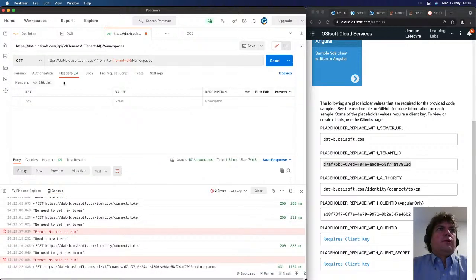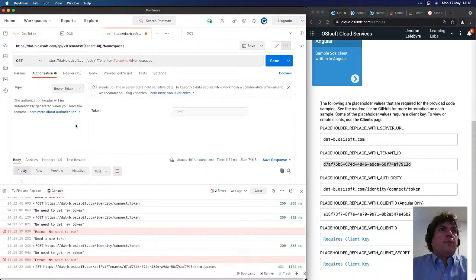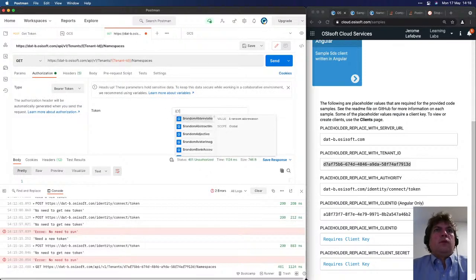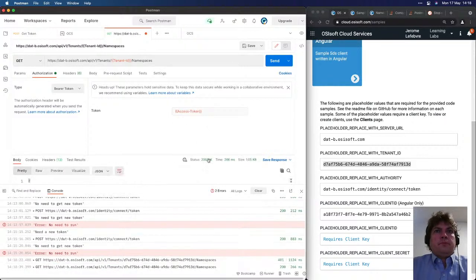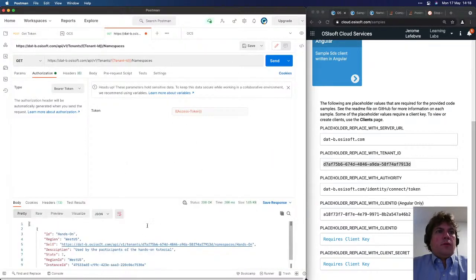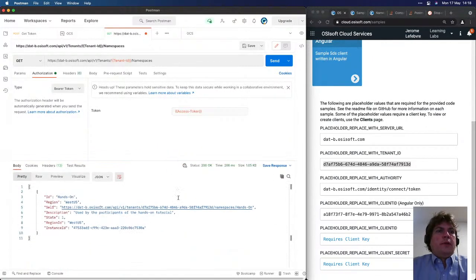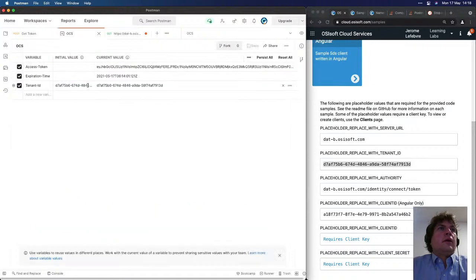I'm not authorized to do it, so I need to add my authorization. My authorization is going to come from a bearer token, and the token is going to be the token that I got, the access token. Okay, so I've done it within 1 minute, so that's fine. If I look at the expire time,